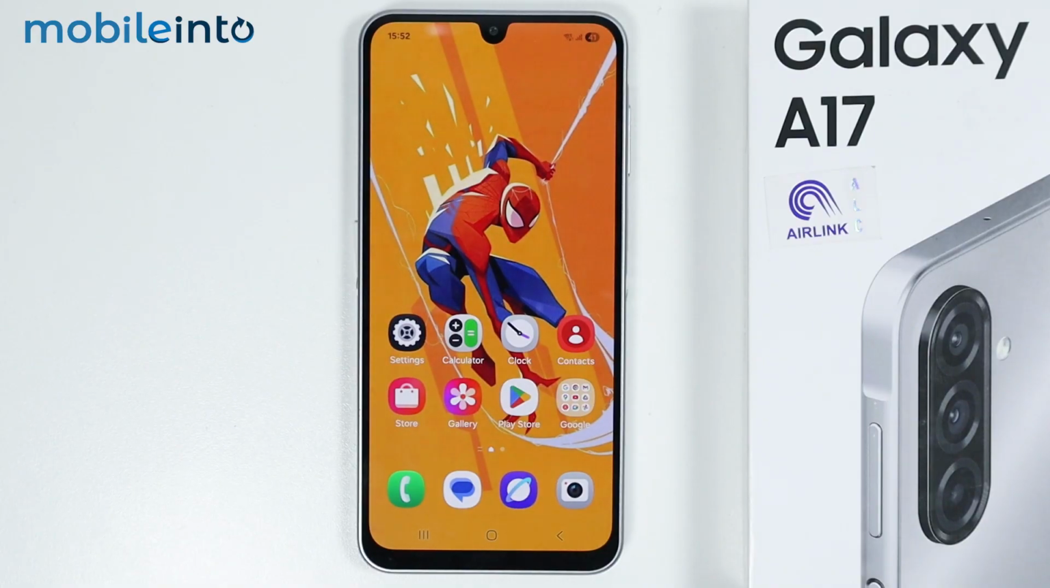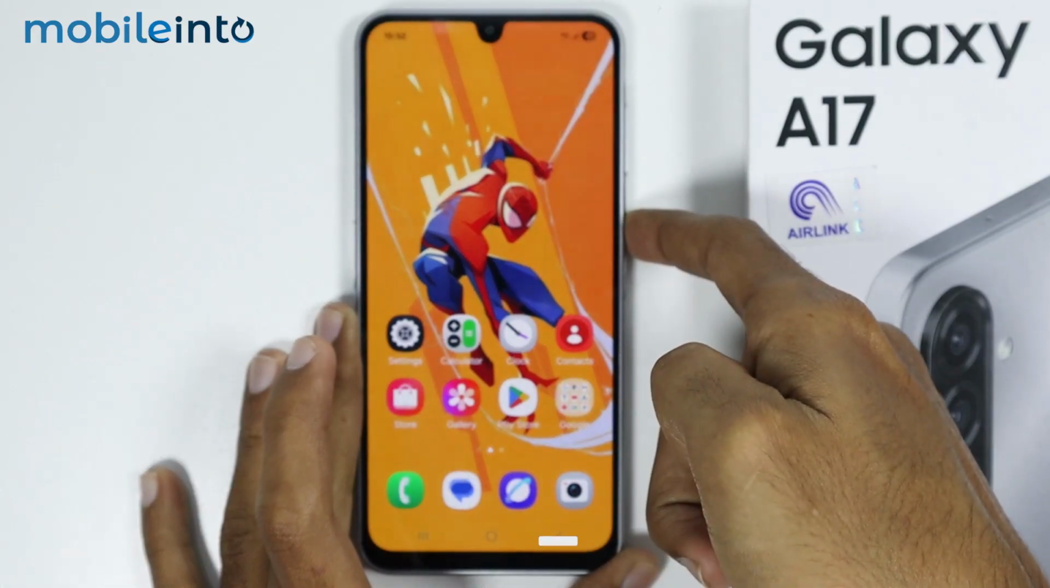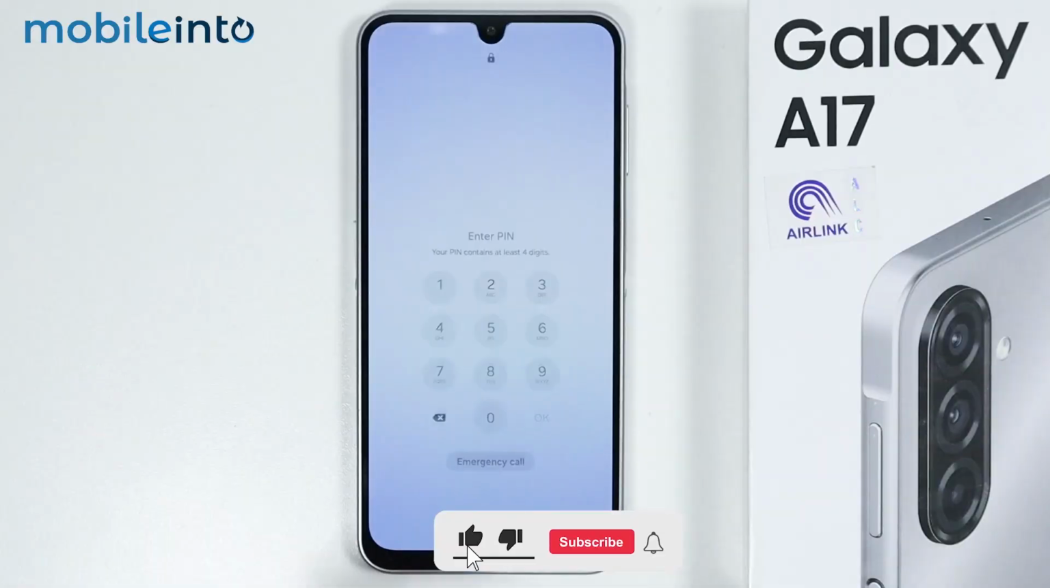In this video, we will see how to change the lock screen password on the Samsung Galaxy A17. Now, if you want to change the lock screen password of your Samsung phone,